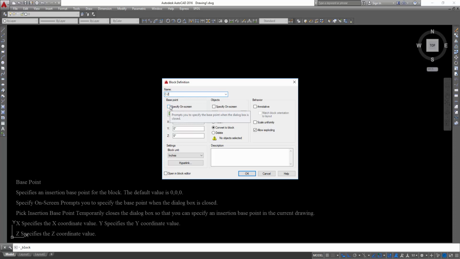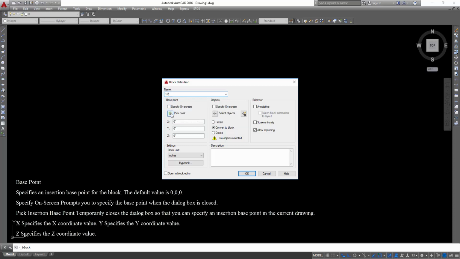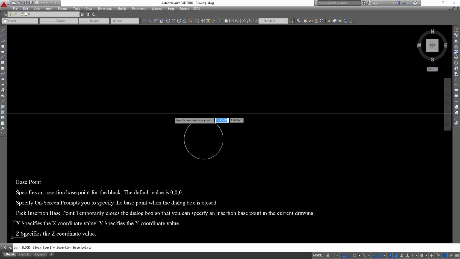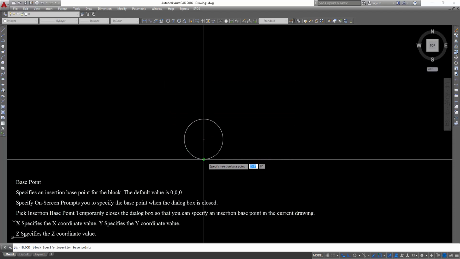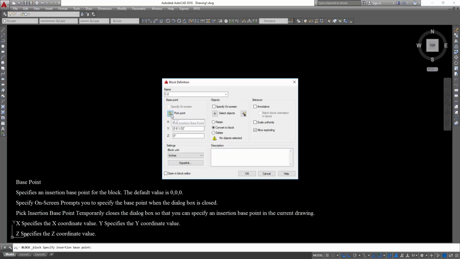Base point specifies an insertion base point for the block. The default value is 0, 0, 0. Specify on screen. Prompts you to specify the base point when the dialog box is closed. Pick insertion base point. Temporarily closes the dialog box so that you can specify an insertion base point in the